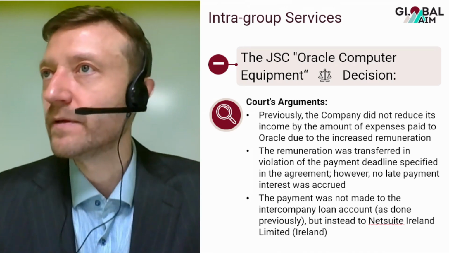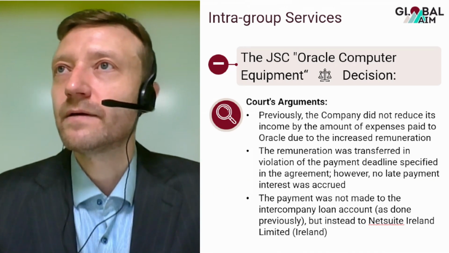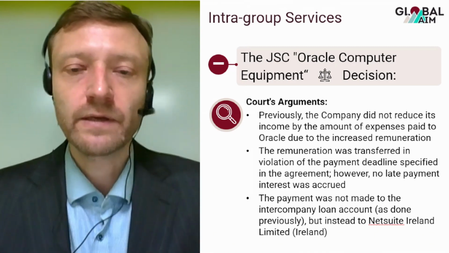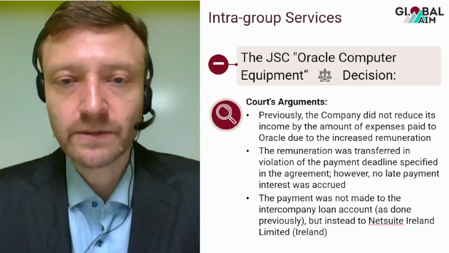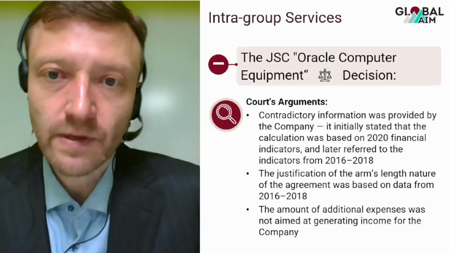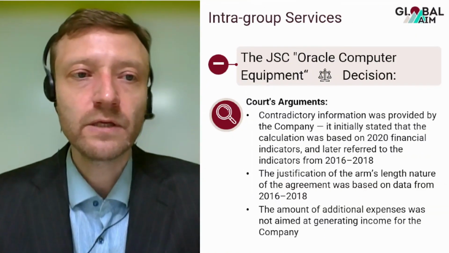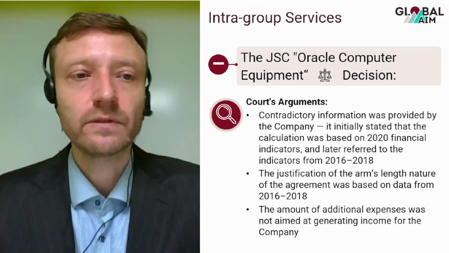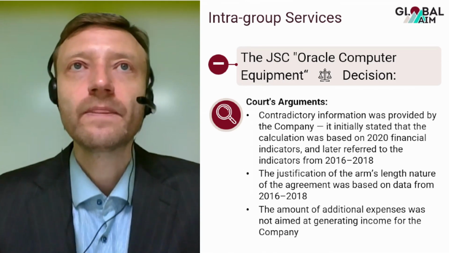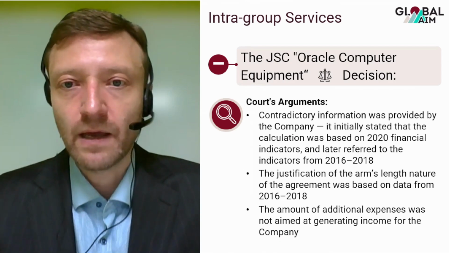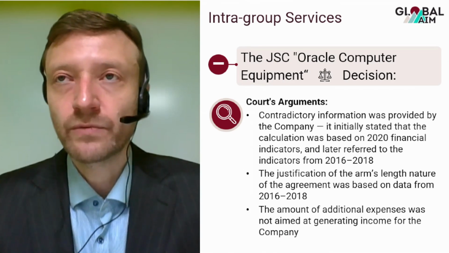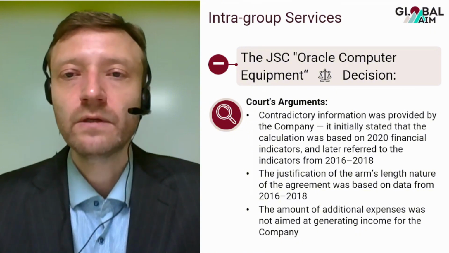It couldn't be ignored by the Russian tax authorities, so they challenged the additional service payments from Russia to Ireland in this case, and they succeeded in the dispute. The arguments included that the initial arrangement didn't involve these payments, didn't provide for such payments, and the reasons and document support were not sufficient and